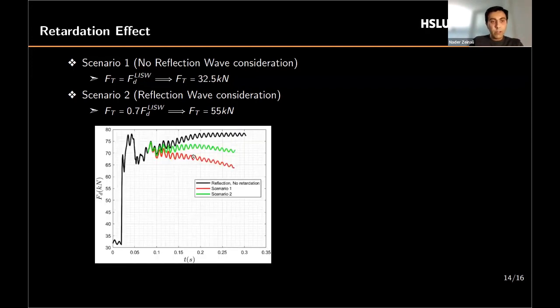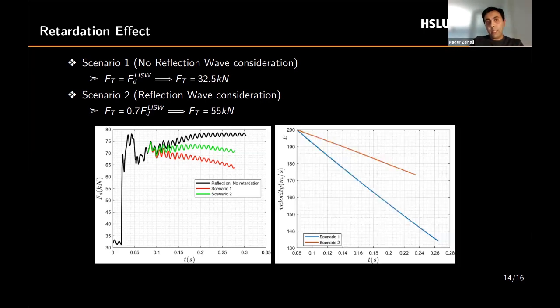In the first result, you see that the drag force starts decreasing because the speed of the pod is decelerating. For the first scenario, this decrease is steeper than in the second scenario, just because the thrust force was lower. And in the velocity plot, you can see that the speed of the pod was 200 meters per second, but after interaction it starts decreasing, and the deceleration is steeper in the first scenario in comparison with the